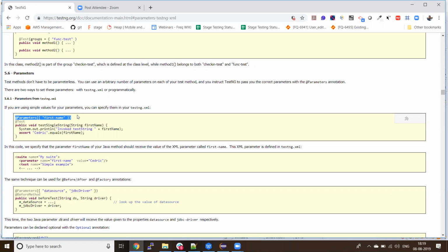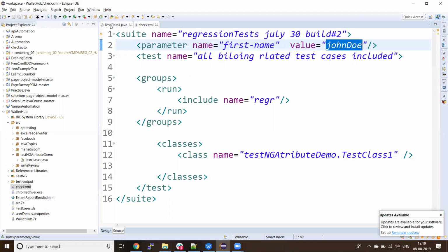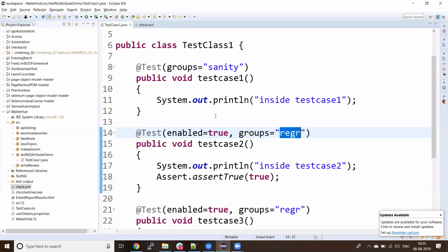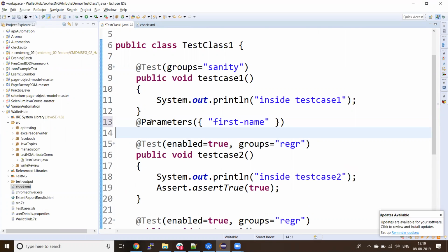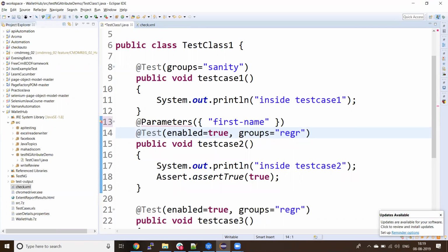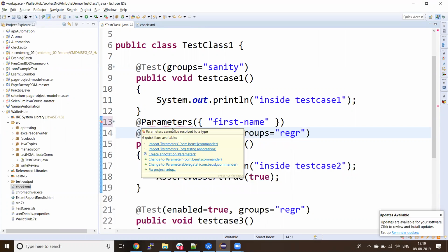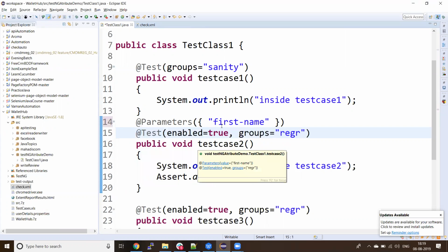So I'll capture the same thing. So go to the test case. You are executing regression as of now. So here you'll put it like this: @Parameters, first name, you have to import the TestNG thing,